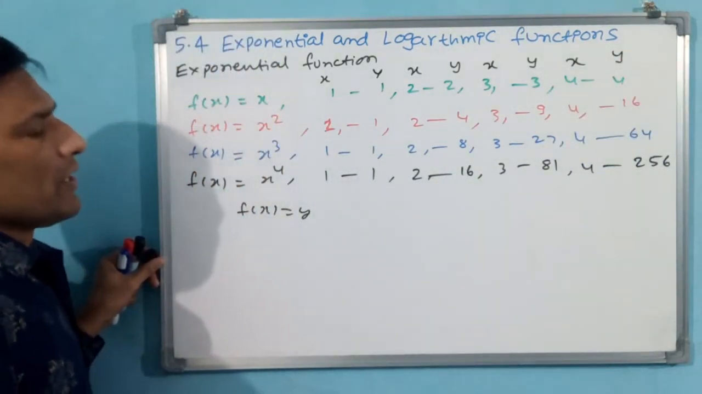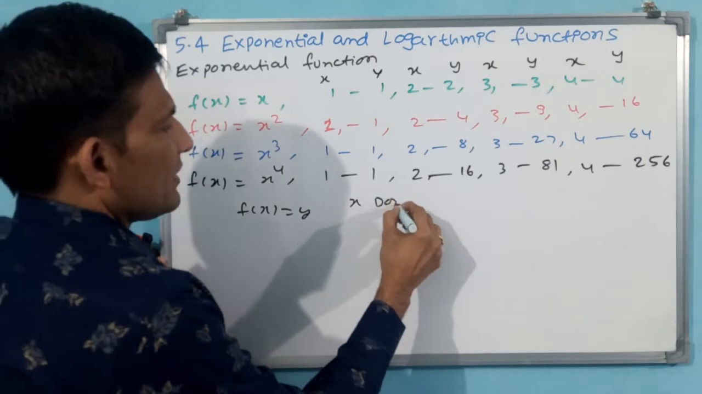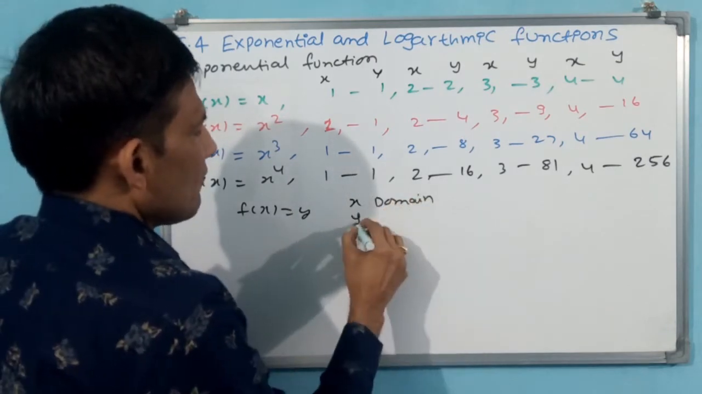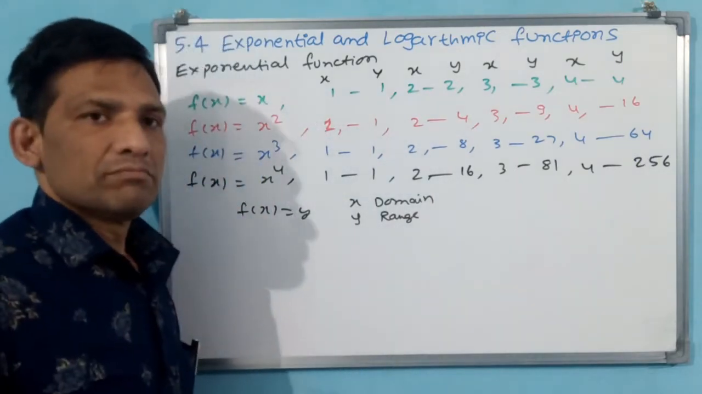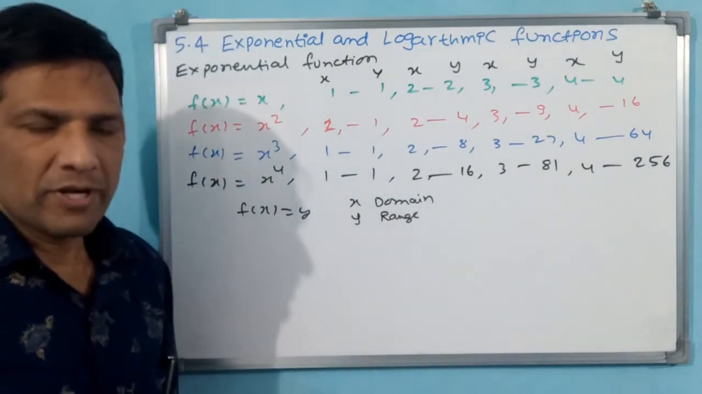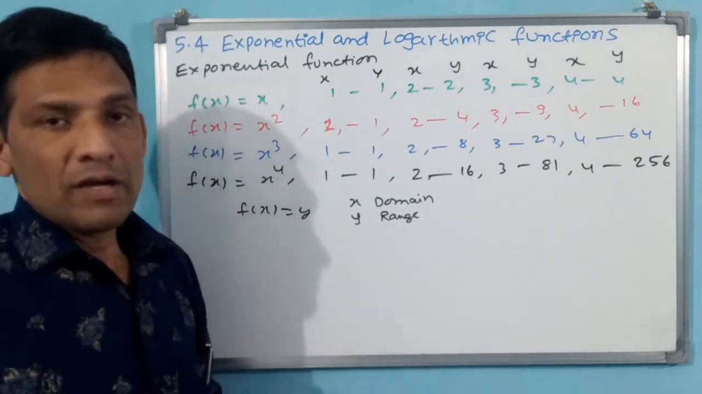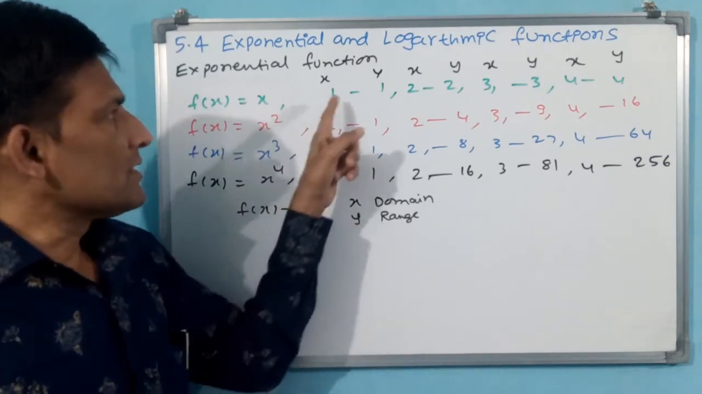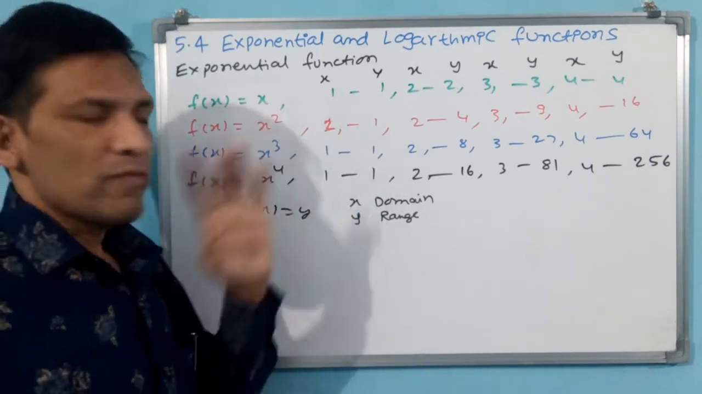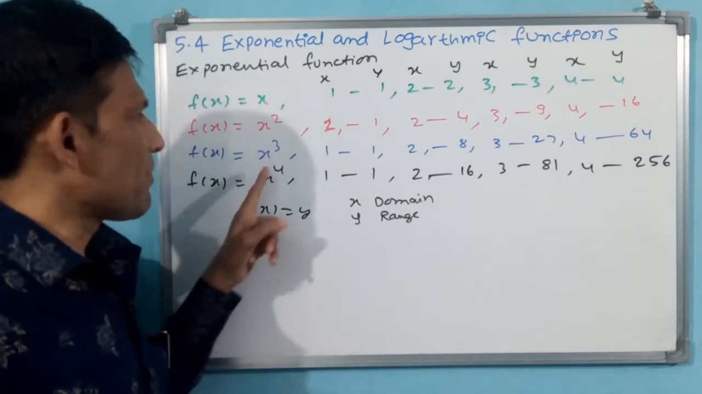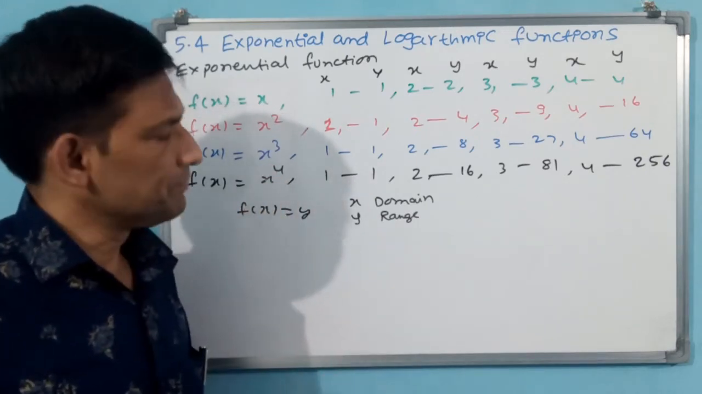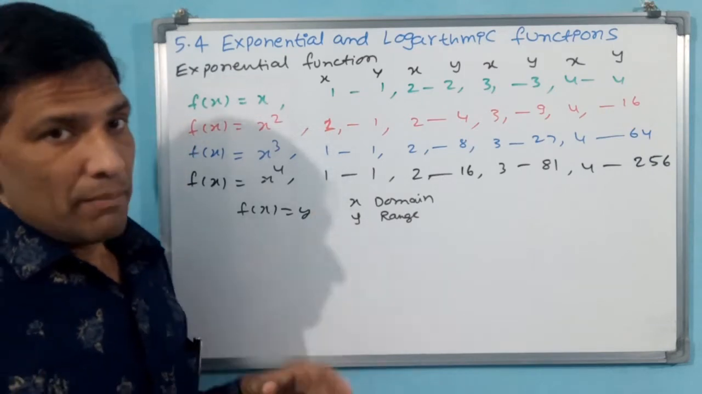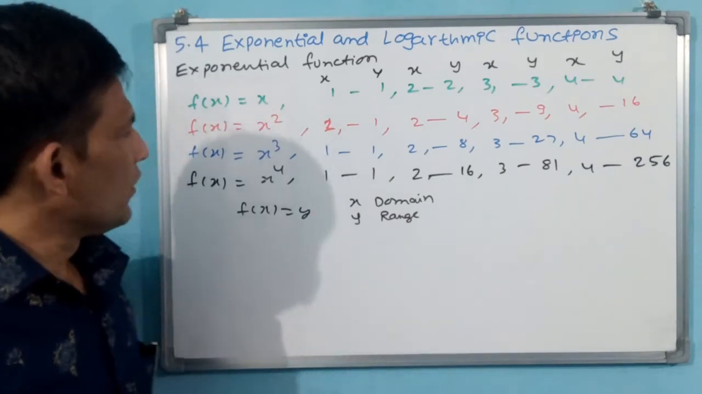X is domain. Y is range. Domain you are giving, range you are getting. You see here, for domain 1, all functions are giving the same value, whatever may be the power. We will understand what power is afterwards also. But what you have observed,